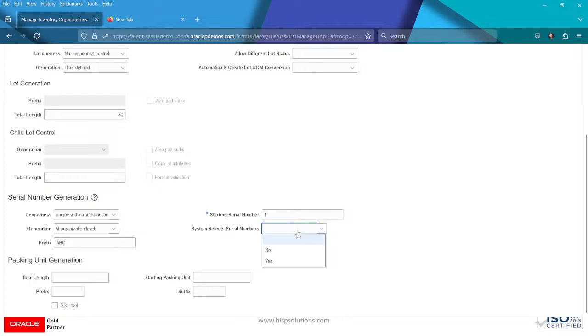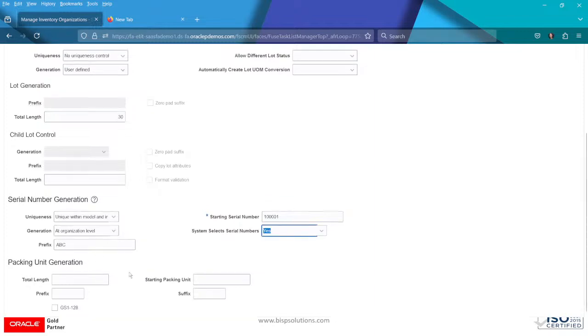Any serial number, system serial number, select the system serial number. If you want to select yes or no, select yes, it will generate with whatever the system serial number is there, right? So let's provide the serial number with that one. And after that,